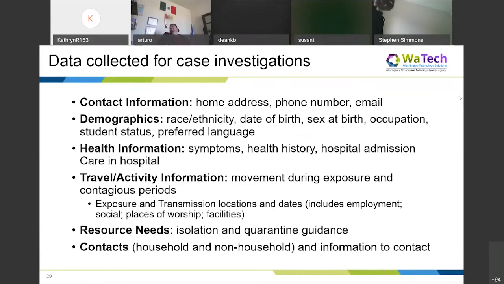So for case investigations, as I talked about, the case investigations are actually our positive people that have tested positive. A lot of times they already have a lot of this information, but they're verifying the home address, phone number, email, the demographics. Especially race and ethnicity has been a hot topic recently because they're trying to really understand some of the disparate impacts of the virus on sub-communities, or subpopulations of the broader population health. So there's more emphasis on collecting some of these demographic data than there had been.